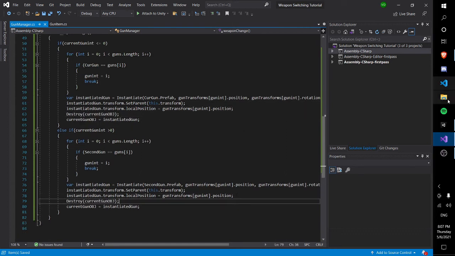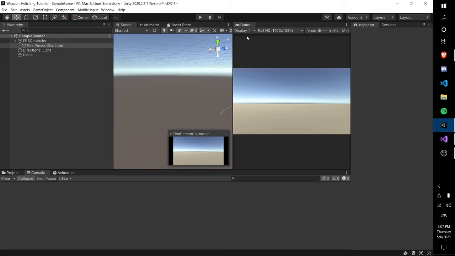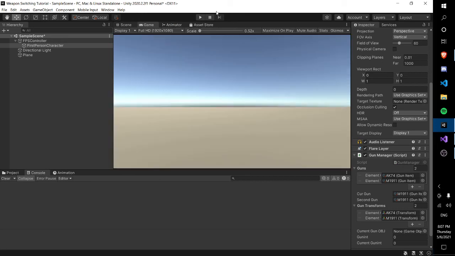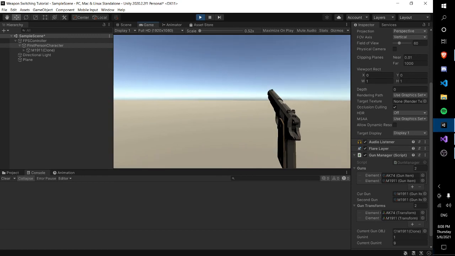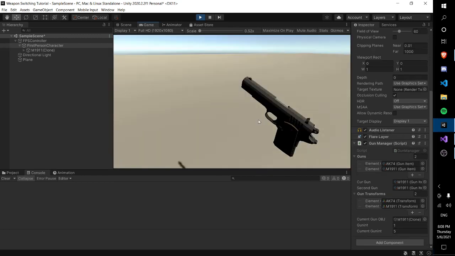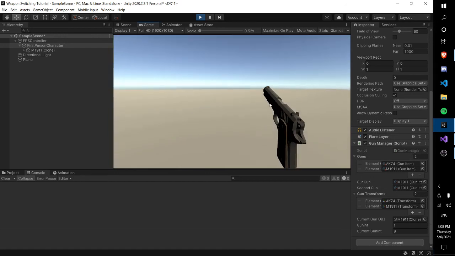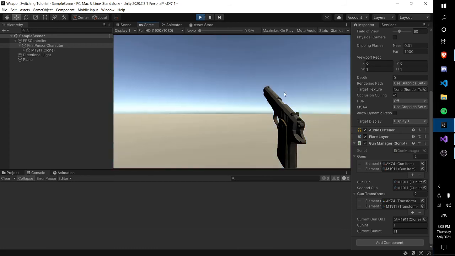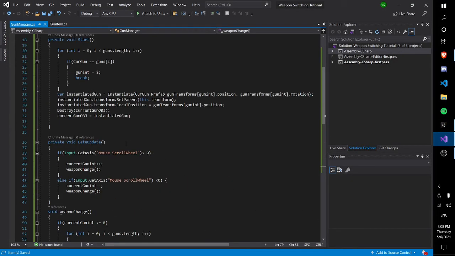Okay, cool. So now let's go back to Unity, let it compile, and now I'm going to drag the game tab back, and now when you press play, you should see what's happening. Okay, so the gun is changing. Oh yeah, okay, so I see what's happening. Alright, so we forgot to set